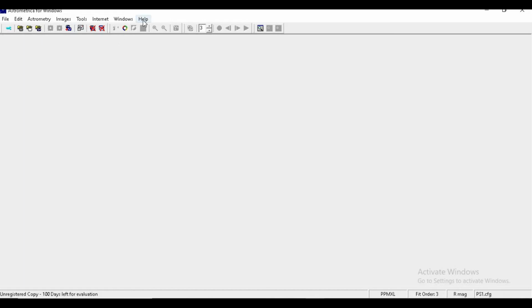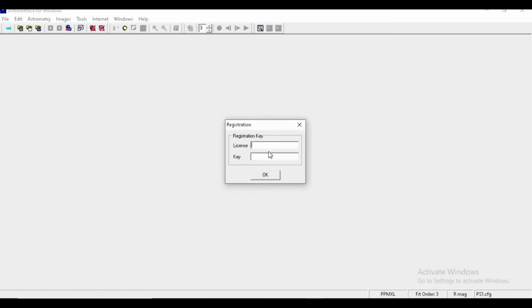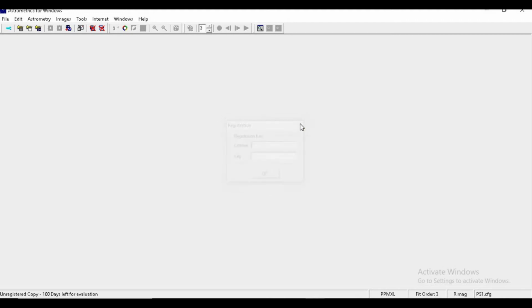They need to go to Help, Registration, and put in the license and key, and after that they can use the fully registered version of Astrometrica. As of now I am skipping this part. You can add the license and key, which will be provided to you through email during your participation.